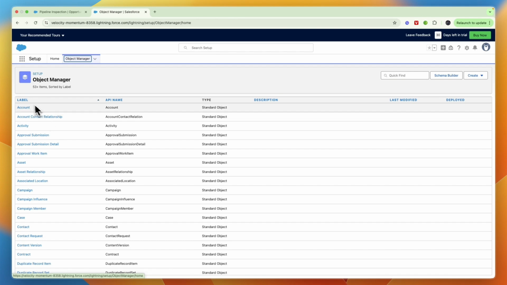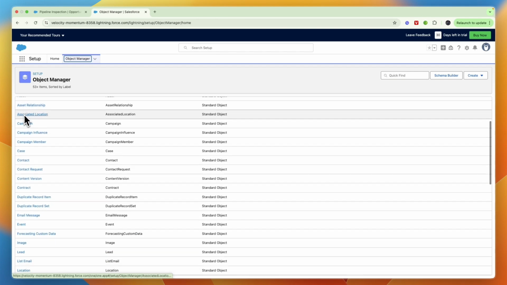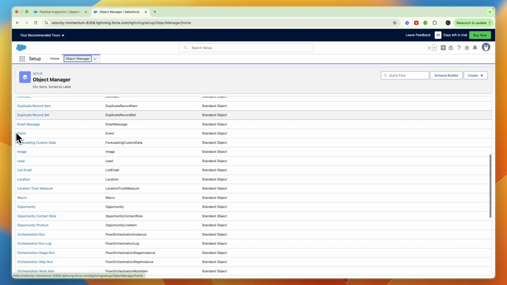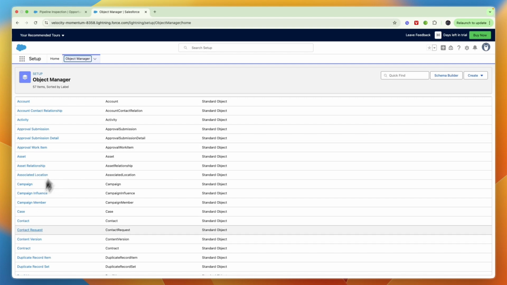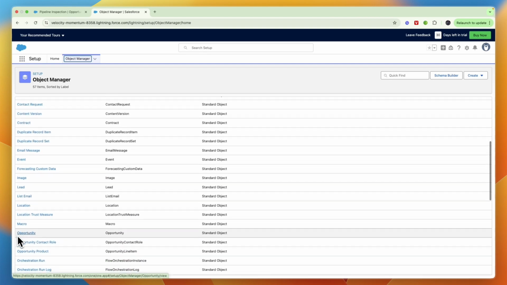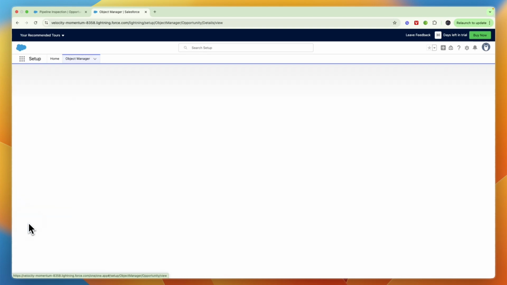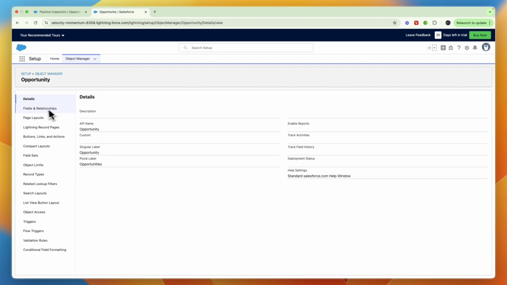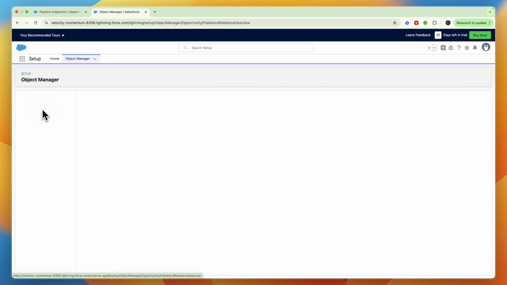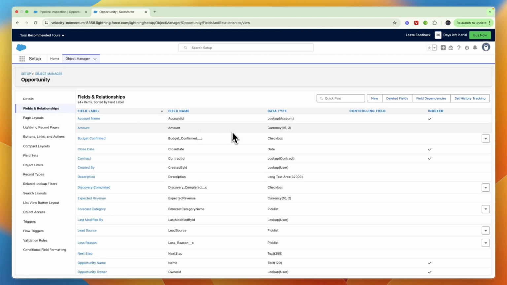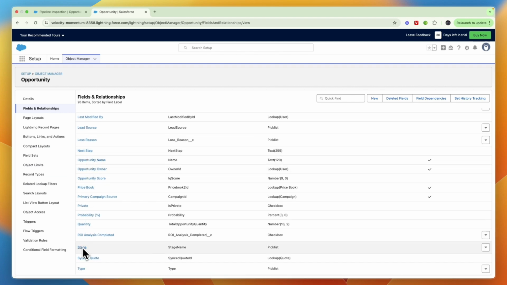And now here you have the labels on the left, so just scroll down and it's in alphabetical order. Now from here on the left, you just want to search for opportunities. So just click opportunity right there. Now here what you want to do is go to fields and relationships. And then from within this section, you want to see the field label, scroll down and click on